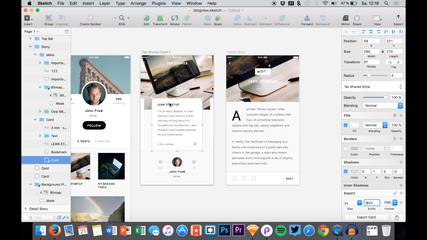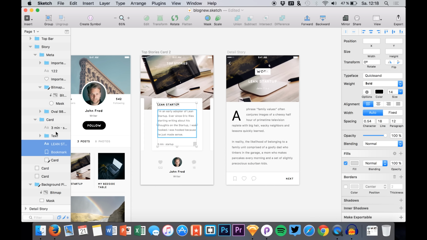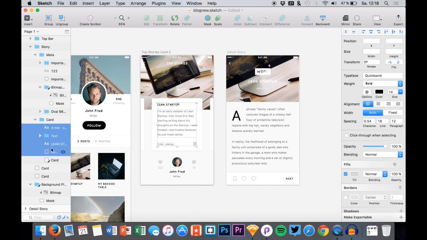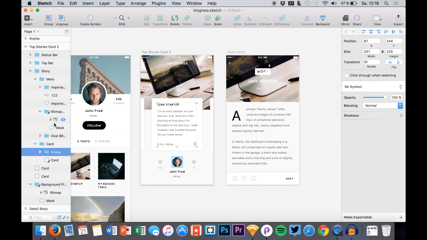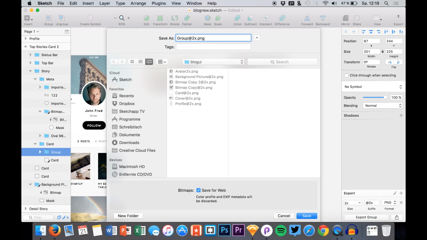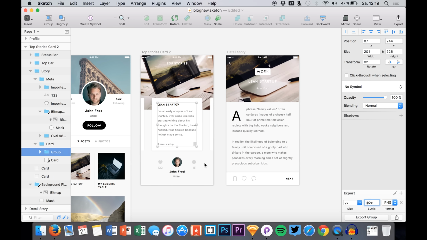And I need all the content right here to be exported separately as well. Okay, so that's all this stuff. Just group it up and we just call it content or something like that. Content at 2x. So now we have this,